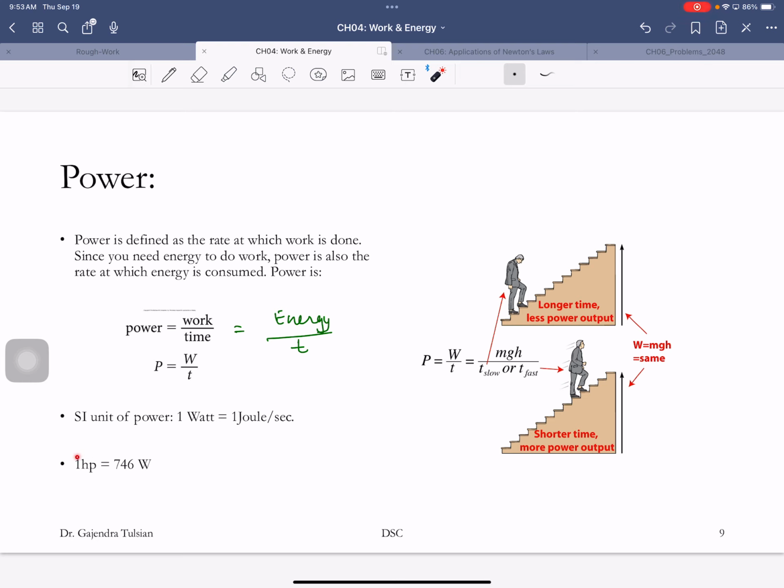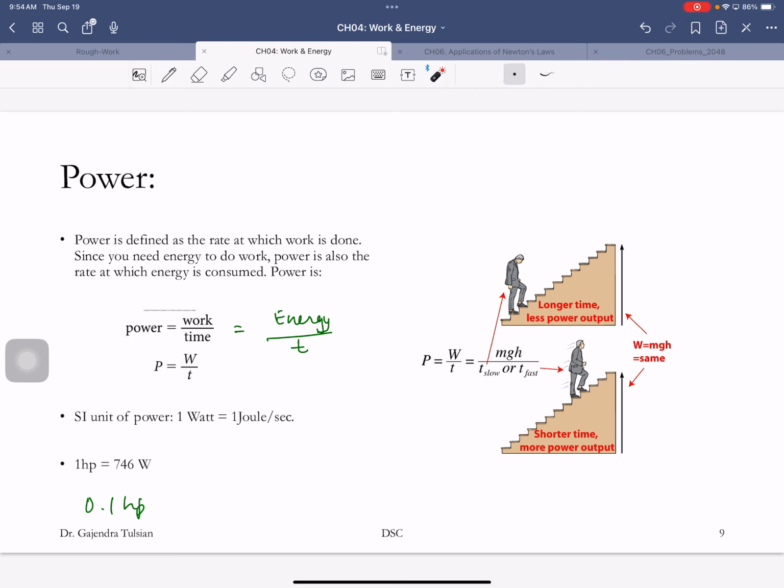Now a horse can work at the rate of 746 watts, about 750 watts, for a whole day. If you want a horse to work for eight hours, it can work at the rate of 750 watts. Humans, on the other hand, if you want to work for 8 hours, can work at the rate of a tenth of a horsepower. So in a field, a horse can do the work of 10 people. That's why we used horses. That's why we used animals.